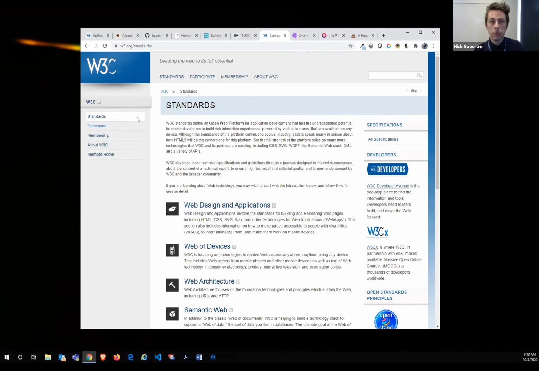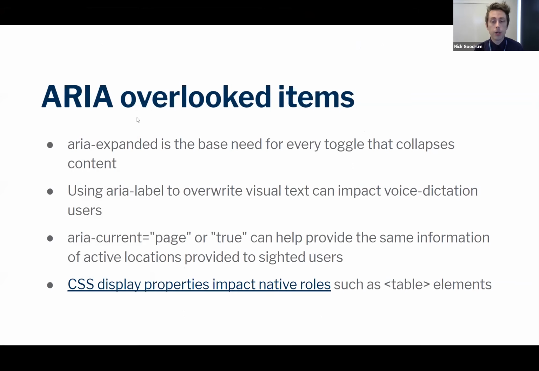But screen reader users don't get provided that information. There's nothing visual for them. So that's where ARIA current equals page will announce something for them. And in pagination, maybe sometimes they're not always going to different pages. So then you also have ARIA current equals true to announce, hey, this is the current one of this set.